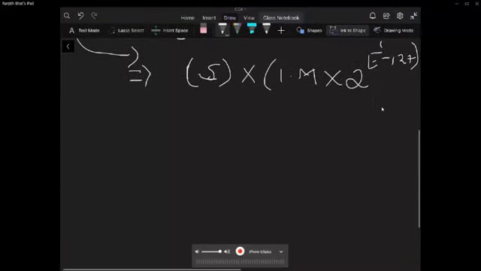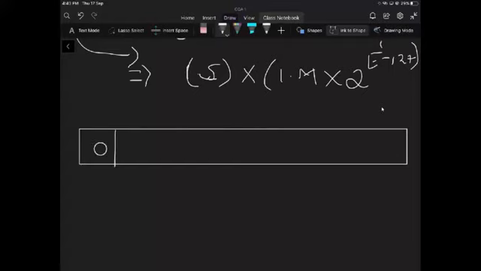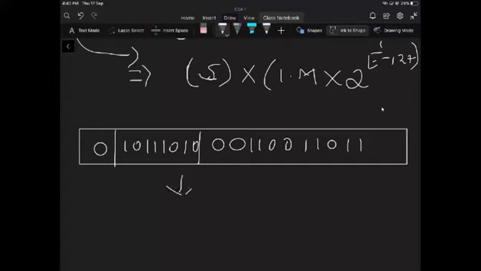Let me give you an example. Say we have a representation where this is 0, this is the exponent, say 0 0 1 1 0 0 1 1 0 1 1, something like that, and you have a mantissa, say 1 0 1 1 1 0 1 0. This can be converted as follows: the sign is positive, and 1 point mantissa, you write the mantissa as it is, 0 0 1 1 0 0 and so on, into 2 to the power of this value. So this value will be 2 to the power